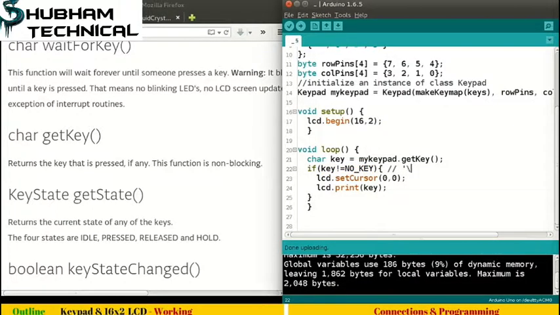This is a null character in the C and C++ programming language. It is used to tell where a string terminates, so this is how the compiler knows where the string ends. But here we don't have any string; this keypad library uses this null character to